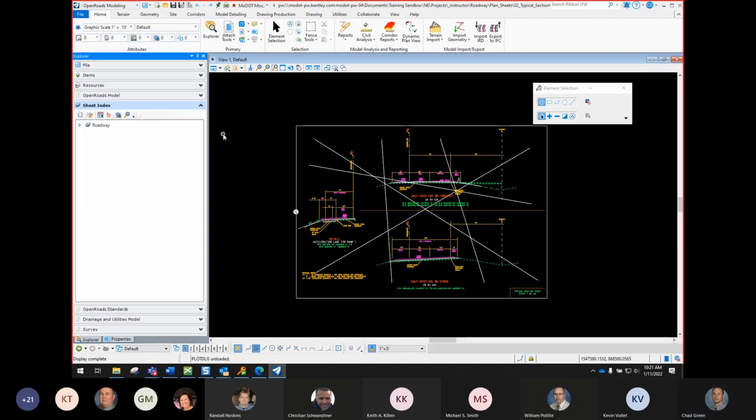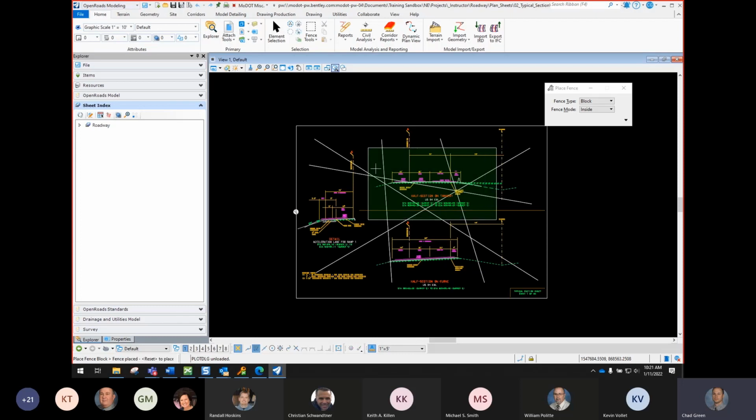And then underneath my OpenRoads modeling workflow, I'll go to the Home tab. And underneath the Home tab, I will go through here and select my fence tools. Now, let's say I just want to print out just a small section of something. Maybe I want to bring this out to the field for a field check or something like that, or I just want to blow something up to print out to get more detail of what's going on. So I can just put a fence around that area,